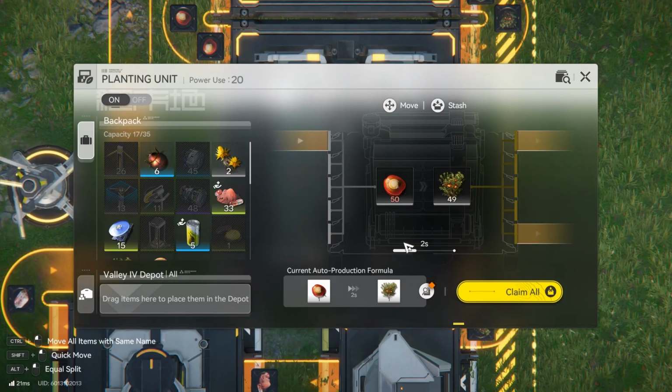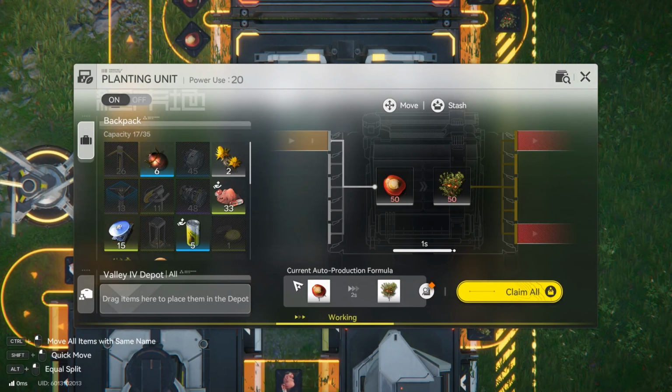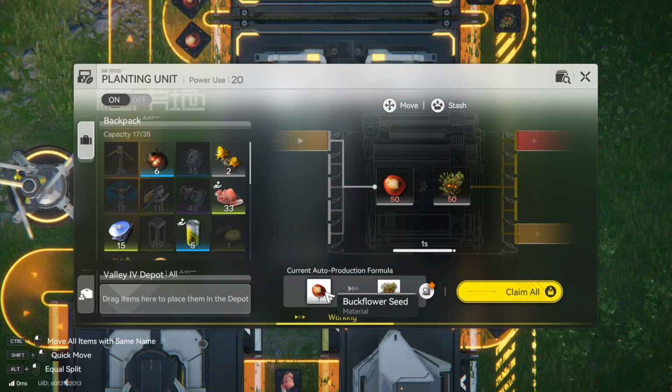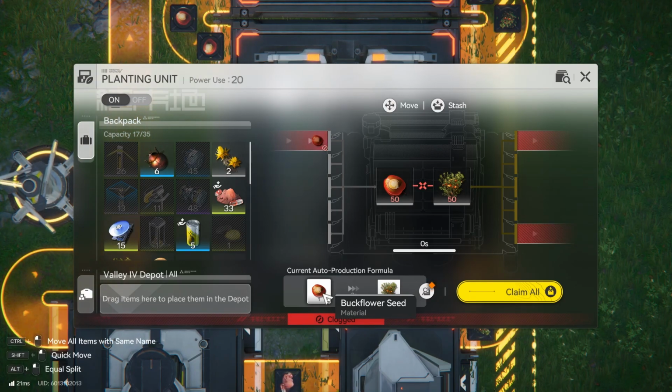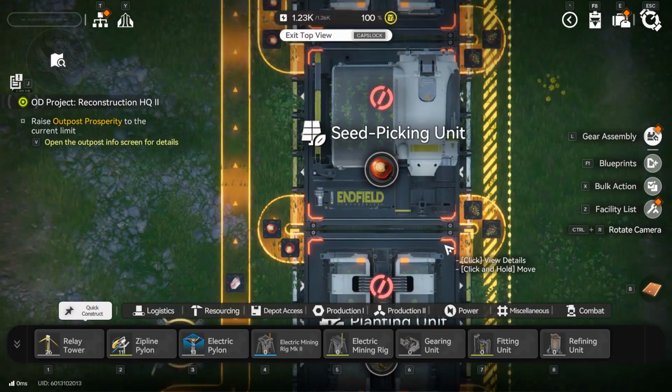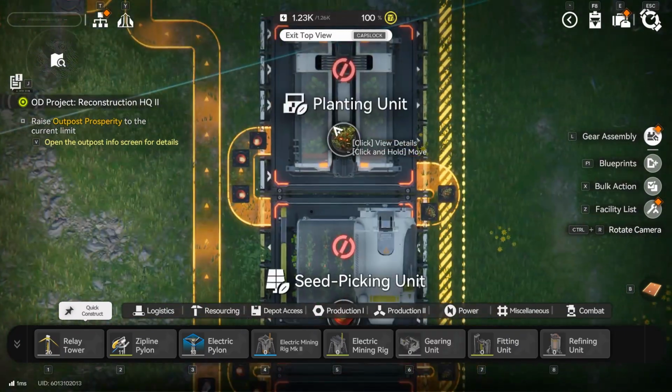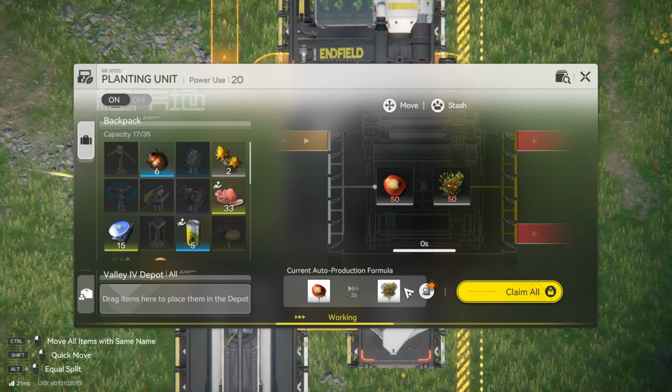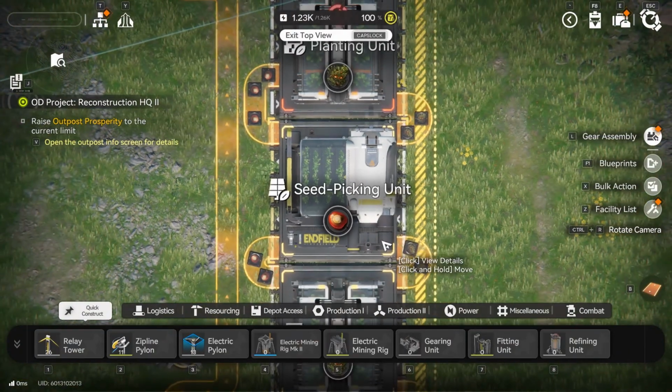So we go into our planting unit. Our planting unit only requires 1 instead of 2. Which means, in theory, a seed picking unit can power 2 planting units. And the input rate of this is also 0.5. Now, what if